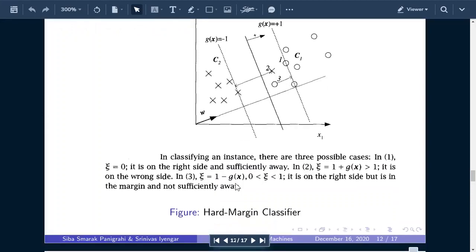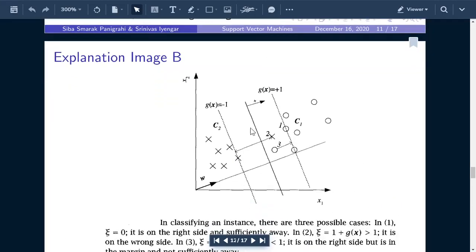So now this is going to be the soft margin classifier, and the explanation in image A was the hard margin classifier. Why is that hard? Why is this soft? This is soft because we are allowing some slack variables, allowing points to move beyond the margin, not stay confined in the margin, but we are penalizing it. We are kind of saying, yes, you can roam freely, but if you cross the boundary, I am going to penalize you. So this is soft, I am kind of soft at heart. But in the hard margin classifier, you have to stay within the margin. That's an extremely hard and strict rule. That's going to be the hard margin classifier.